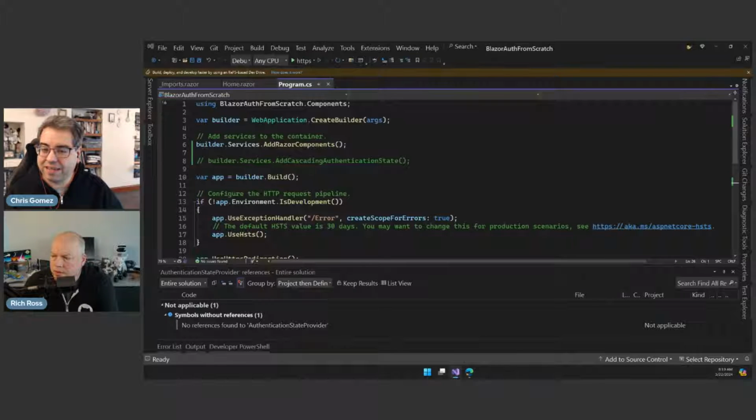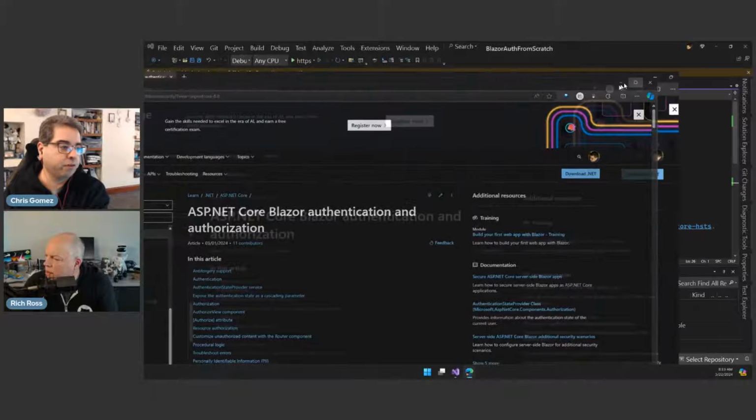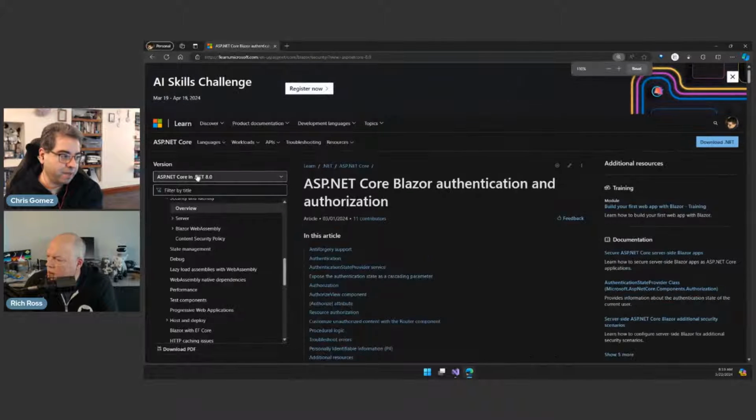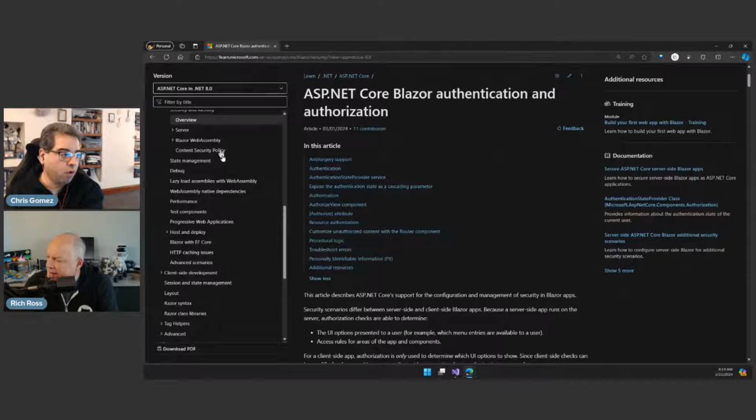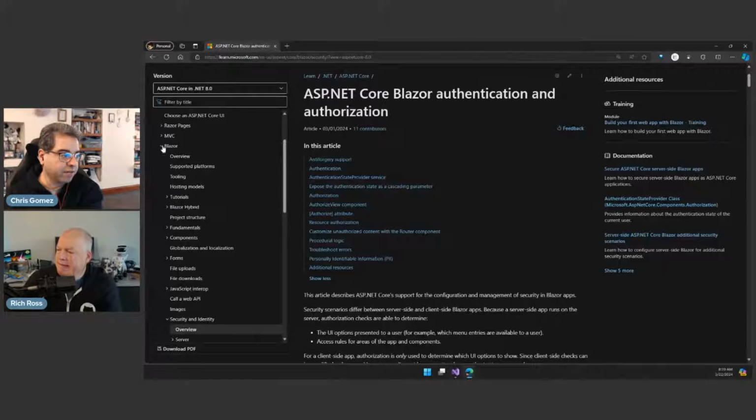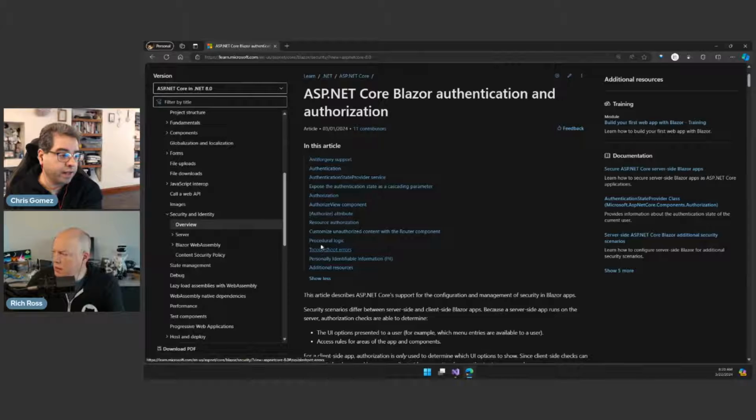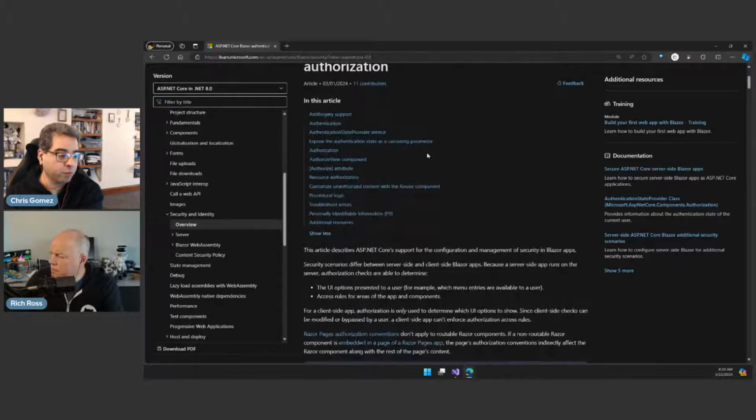So let's see what we do next. And what I want to find is, it turns out in the docs, and we'll make sure we share this with everybody. I thought that I had this. Okay, yes. So let's take a look in the docs here. We'll make sure we share this in the show notes. This is ASP.NET Core in .NET 8. What you do is you're in Blazor, and you scroll down to Security and Identity Overview, and you get a very large article about this, and it talks about how this works, and it says,